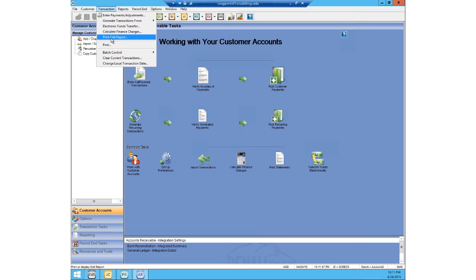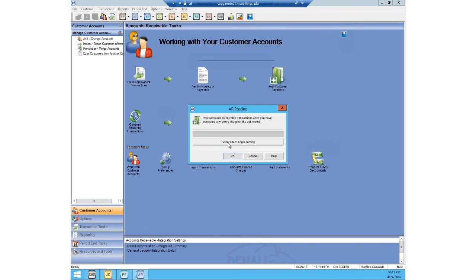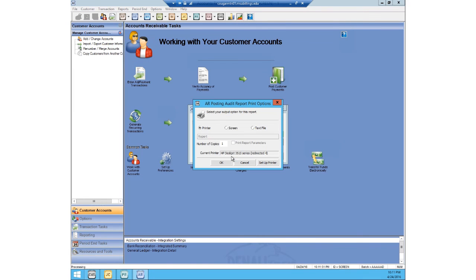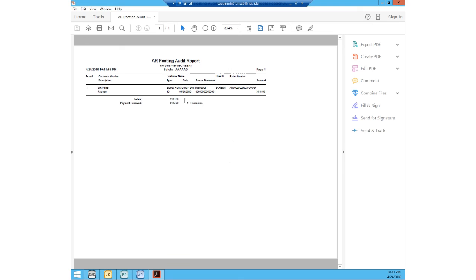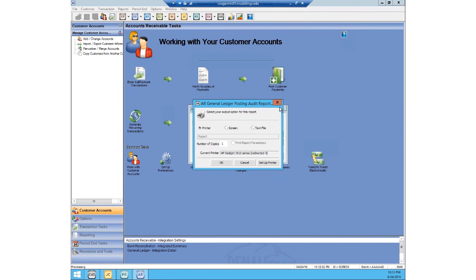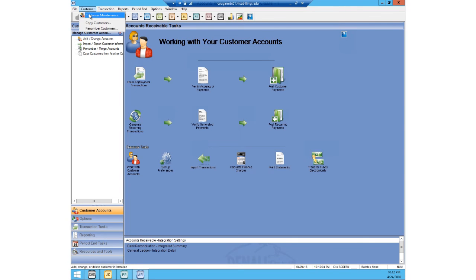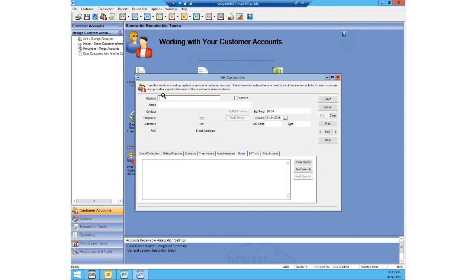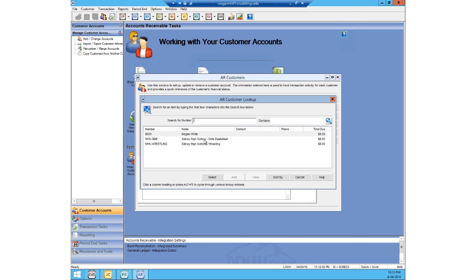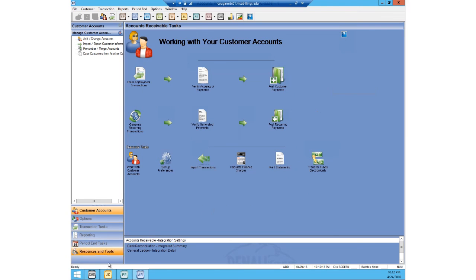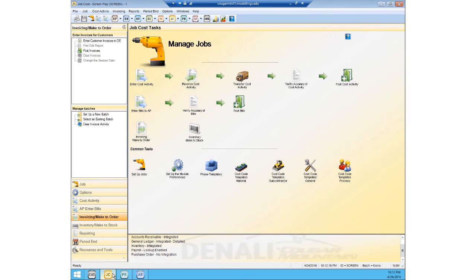You can print the edit report, but we'll just post. We'll say that it's looks good to the screen. And they paid. So now if you go in to customer maintenance, it should say that they don't owe a thing. So that's good. And finally, if we go back to job cost, you can see there is a reports